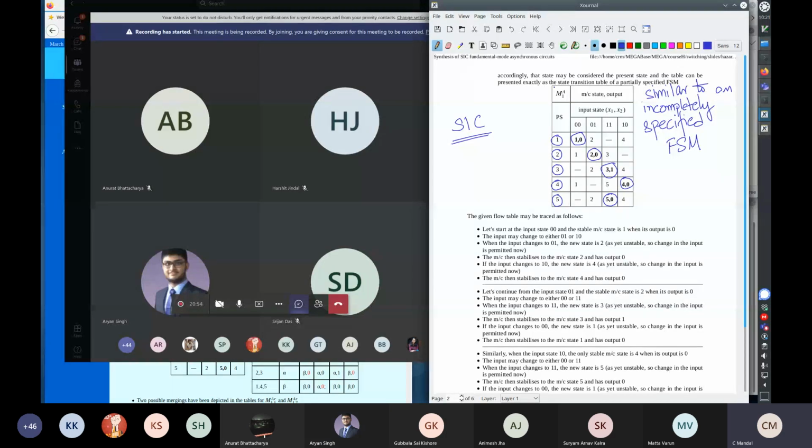So look at this. These circled states are the stable states. So when you have single input change, you have got 2 bits for the input encoding. The input is encoded in 2 bits, right? So single input change means any one of these 2 bits changes. So what you can see is that